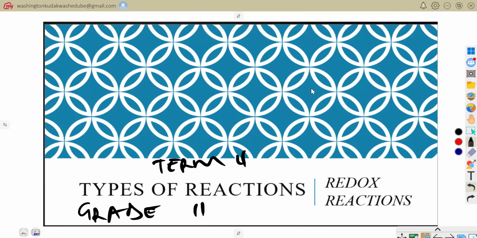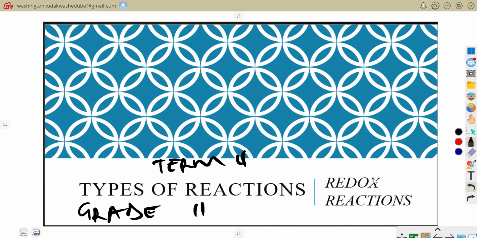The first one is an introduction to what we refer to as types of reaction, specifically focusing on redox reactions. In this lesson, we are going to be introducing and defining what an oxidation state is, and thereafter we apply the knowledge of oxidation state in our redox reactions. In our next lesson, we are going to be diving deep into redox reactions. Then thereafter, we are going to do a final lesson that is the application of these redox reactions.